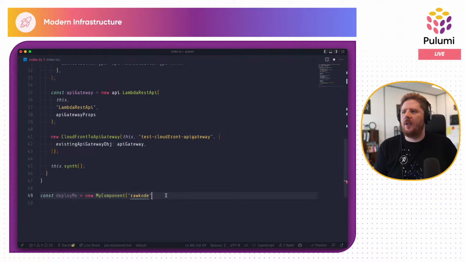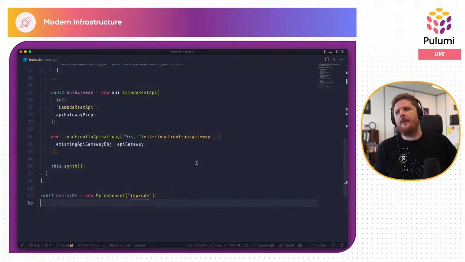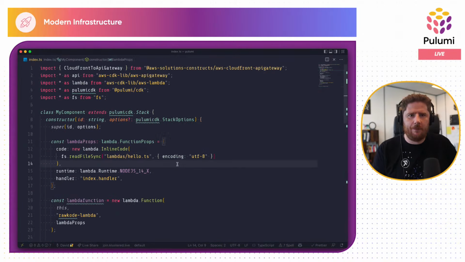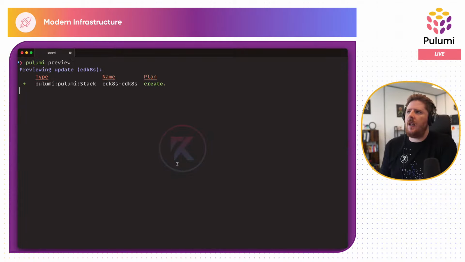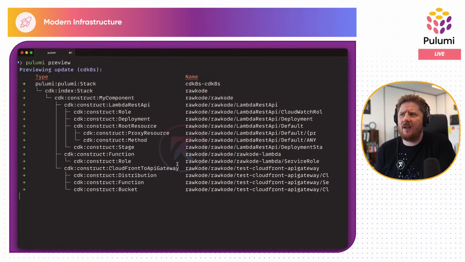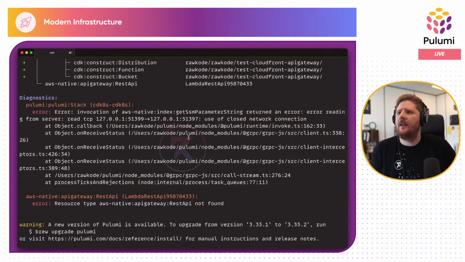So once you get this working, it's up to you how you construct that API and what you want to make available to your developers or platform teams or anything like that. So this is really cool. But today's focus is on this remap method and the adapter and how we make that work. So what I'm going to do is come over here and run a Pulumi preview. And this is going to work to a certain point and then it's going to bomb out on us. And the problem here is